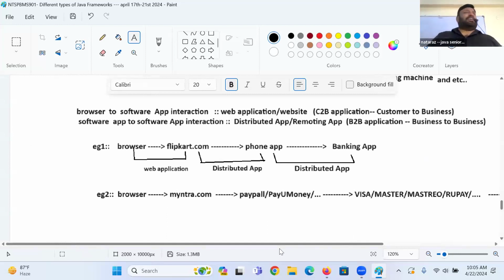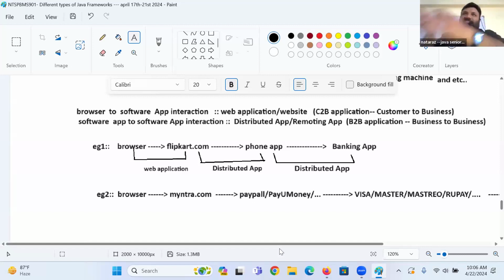Do you think that credit card is given by Visa company? Do you think the Myntra application directly interacts with Visa company? They don't take that headache. Why? In this world, nearly 6 to 7 payment gateways are there, and every e-commerce application would have to talk directly with 6 to 7 payment gateway applications.